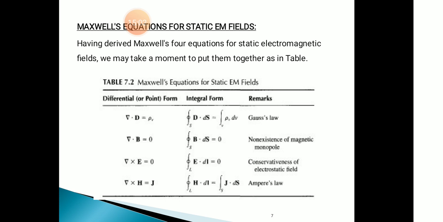After considering the inconsistency, we have del cross H is equal to Jc plus Jd, where Jc is the conduction current density and Jd is the displacement current density. This is sigma E, and that is dou D by dou t, which we are going to learn in